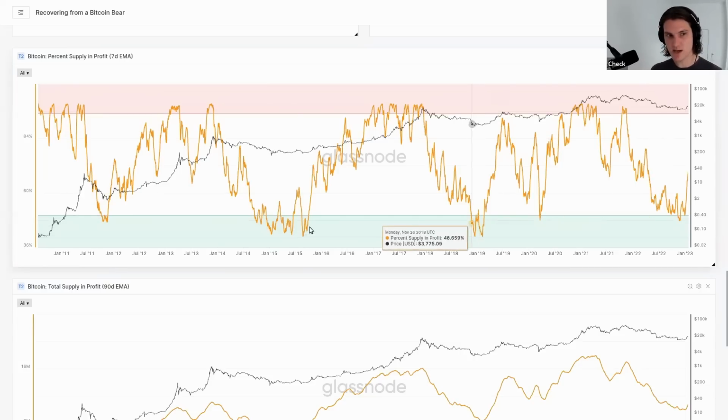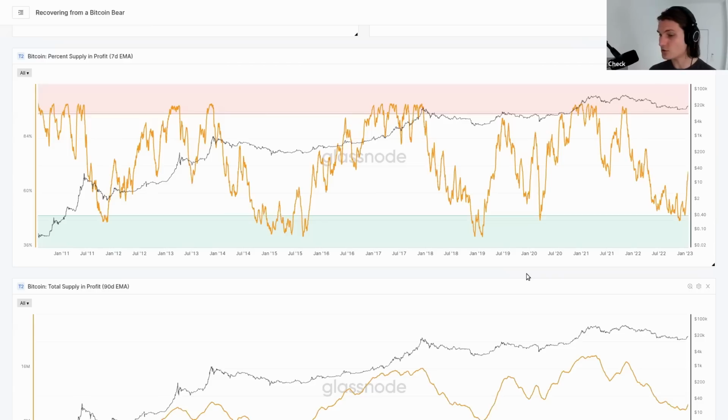And generally speaking, we see multiple retests of these folks. We're seeing that their unrealized profit and loss gets smashed all the way through this bear cycle. But under the surface, those coins change hands. Someone who's now got a $16,000 cost basis is going to have an easier time holding it than a $60,000 cost basis. So you get a resetting. People return back to a bit of an unrealized profit.